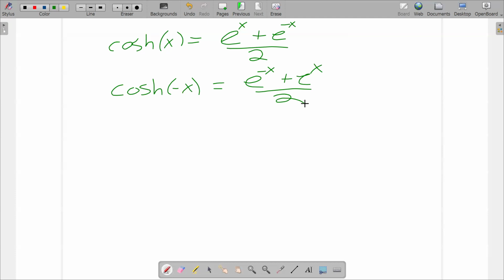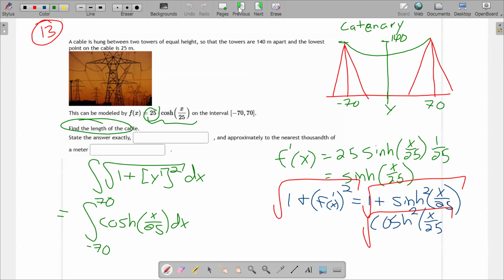The nice thing about being an even function is that it's symmetric about the y-axis. So instead of going from negative 70 to 70, I could just start at 0 and double the integral. Plugging in 0 is usually easier. All right, the antiderivative for the hyperbolic cosine is the hyperbolic sine. So I'm going to get twice the hyperbolic sine, sinh, of x over 25,